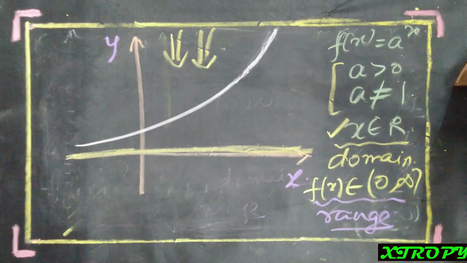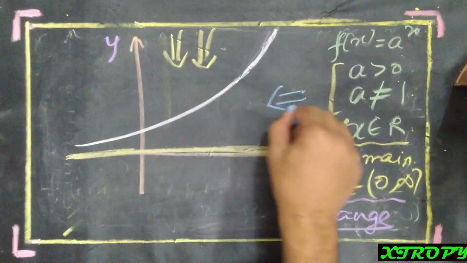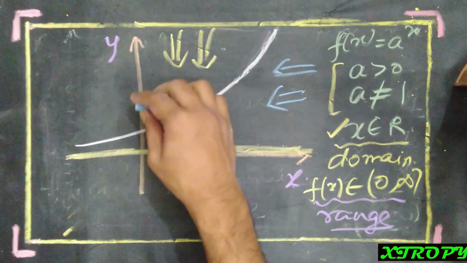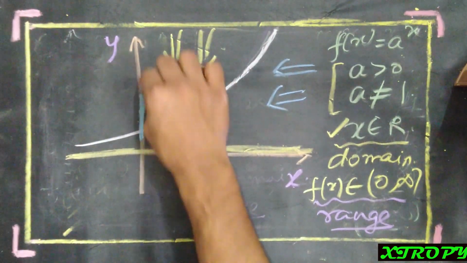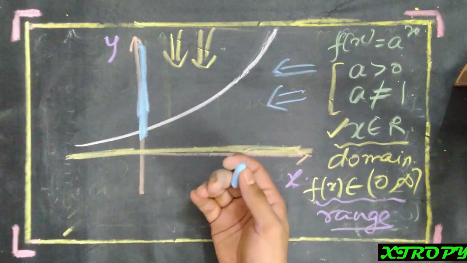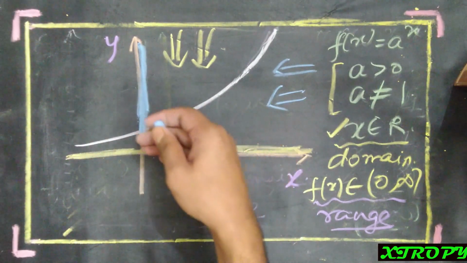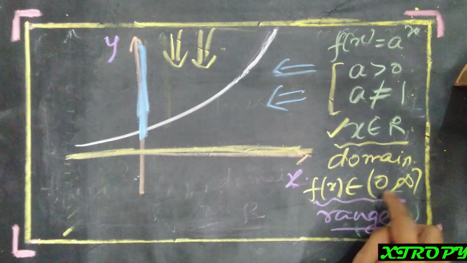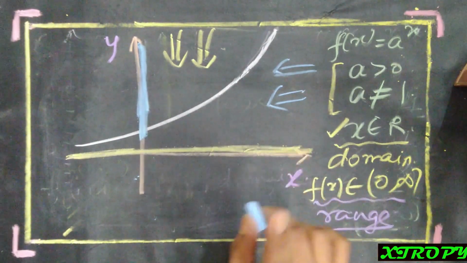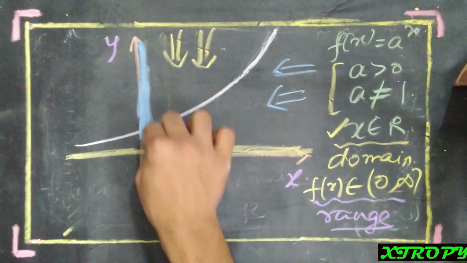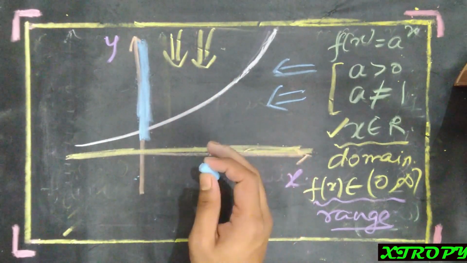Now yes, you guessed it right, for the range we will take a projection of the graph along the y-axis. So take a light source over here. If the light falls on this like this, it will cast a shadow over the y-axis. As there is no part of the graph below the x-axis, there shall be no shadow of the graph in this region. That's why we get the range of the function to be from 0 to infinity. That is, we always have a positive outcome, and it is very clear from this figure also. So this is how we understand the domain and range graphically.